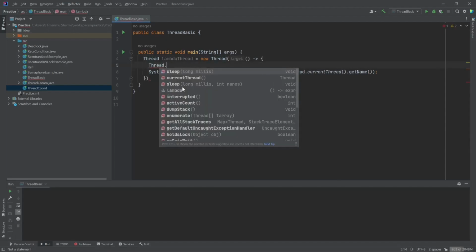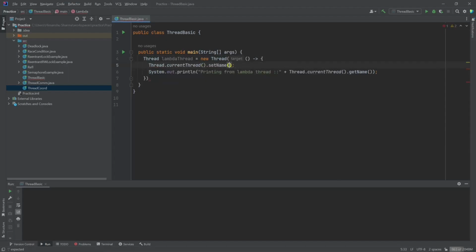In fact, let's use the method to set a custom name and we name it as lambda thread. Alright, so this is the lambda approach, and let's run our thread, and for that we will invoke the start method,